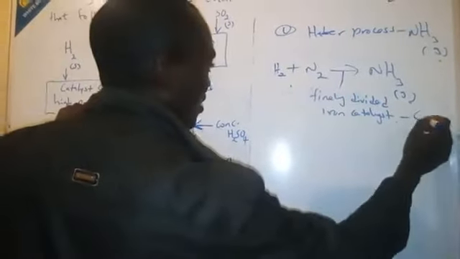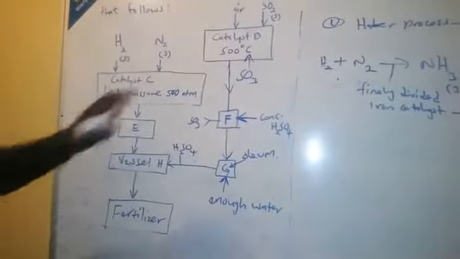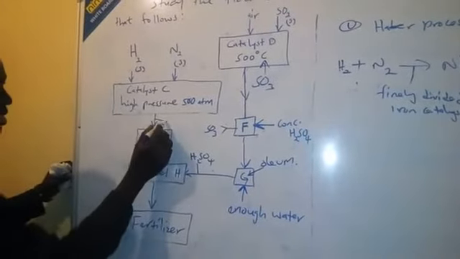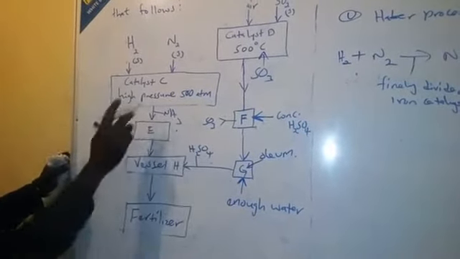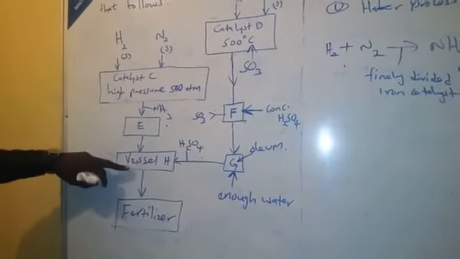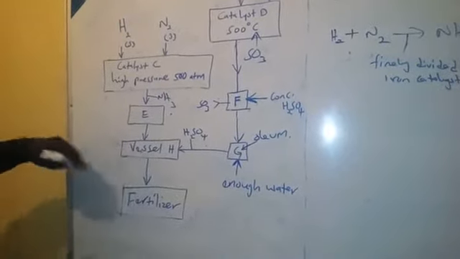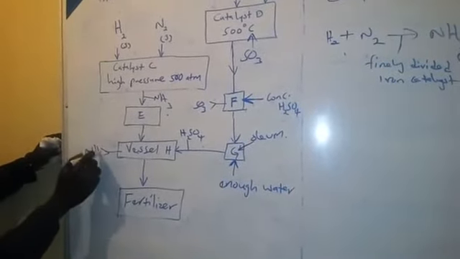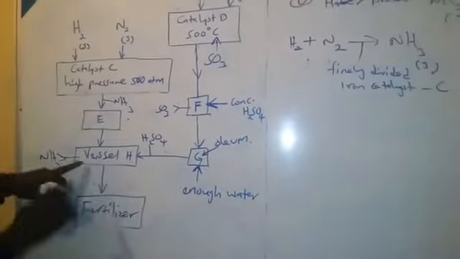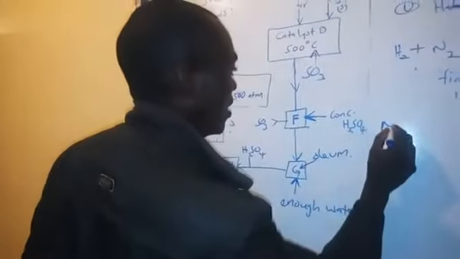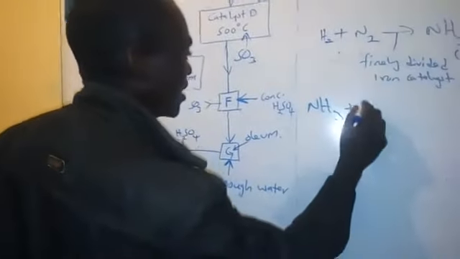So this is the C we are talking about at that pressure. So we have our gas there. What is coming into E, we are aware that this is ammonia gas. So ammonia gas is being let into E, and finally it also gets into vessel H. So we still also have ammonia gas here. So what are they saying? Ammonia is reacting with what? Sulfuric acid. Ammonia gas is reacting with dilute